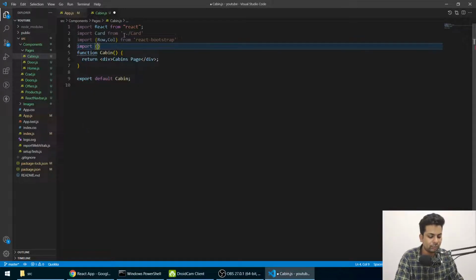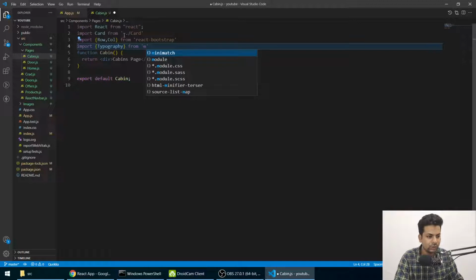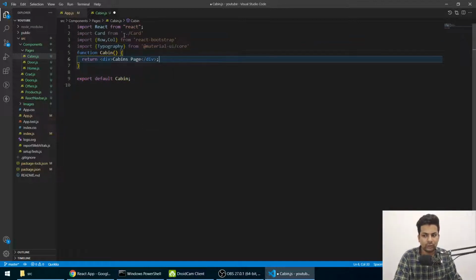Then we'll say import typography from @material-ui/core. Now we'll make a row, and as usual className equals my-5, margin above and bottom 5, and inside this we'll make a center tag.